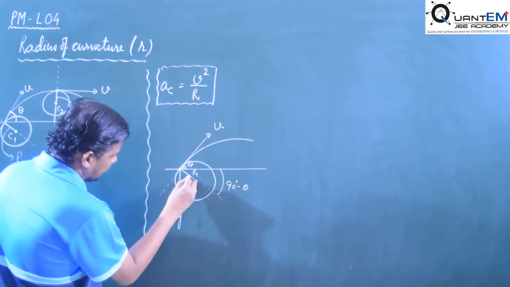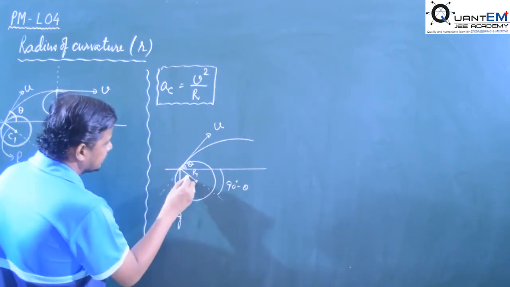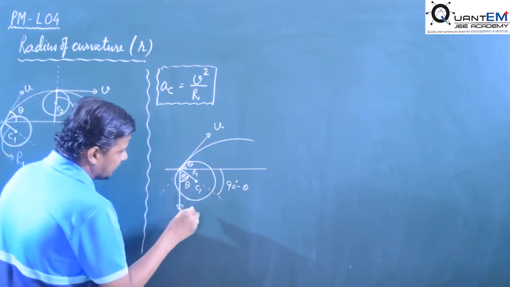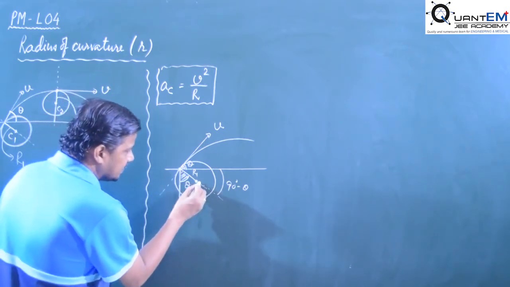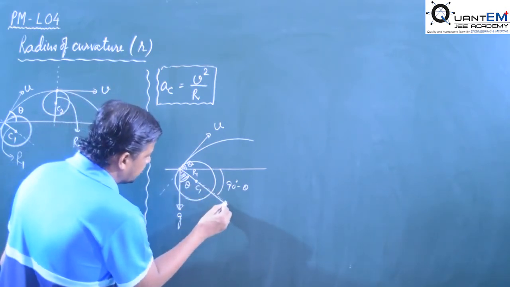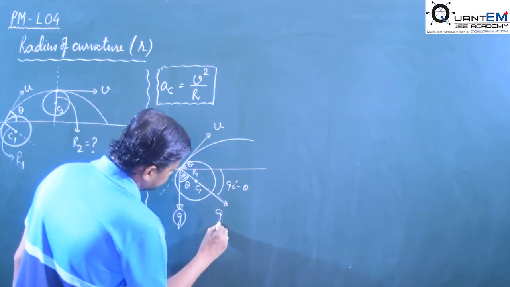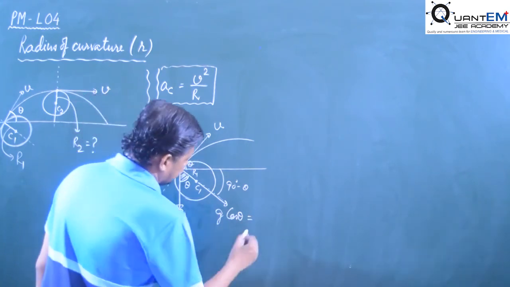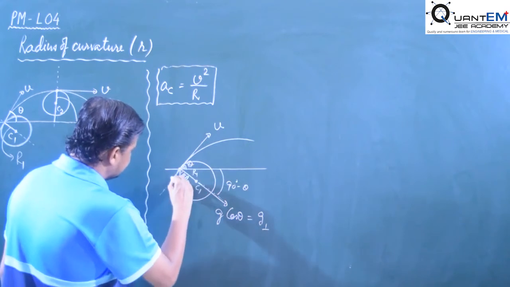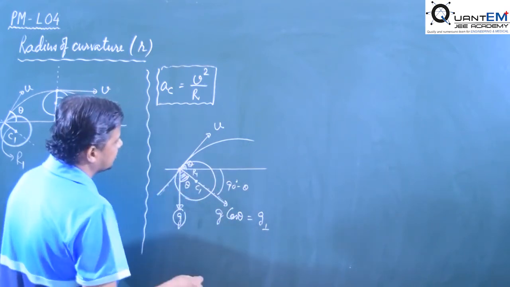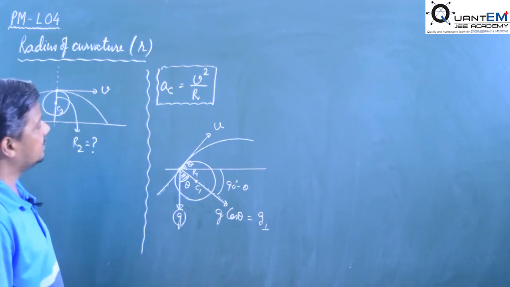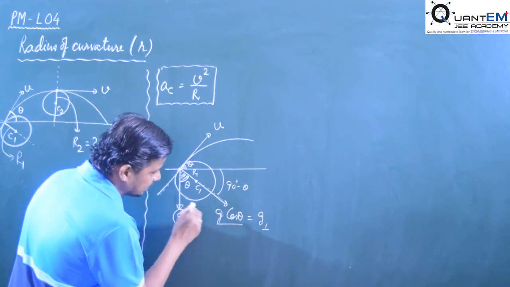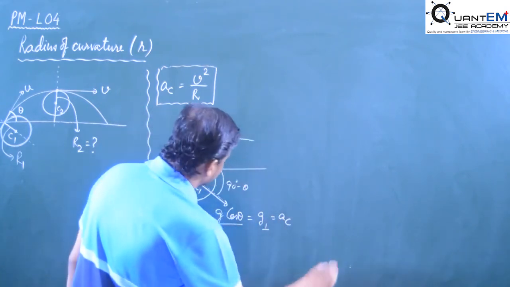Theta, 90 minus theta. What about this angle? This angle is theta. Now one component of gravity is along the center of curvature. The component with theta is always cos. So this component of the acceleration due to gravity is g cos theta, and that is also g normal. At this point g normal is g cos theta. And you know that the centripetal acceleration is always directed towards the center. So the acceleration directed towards the center is g cos theta. That is the centripetal acceleration.